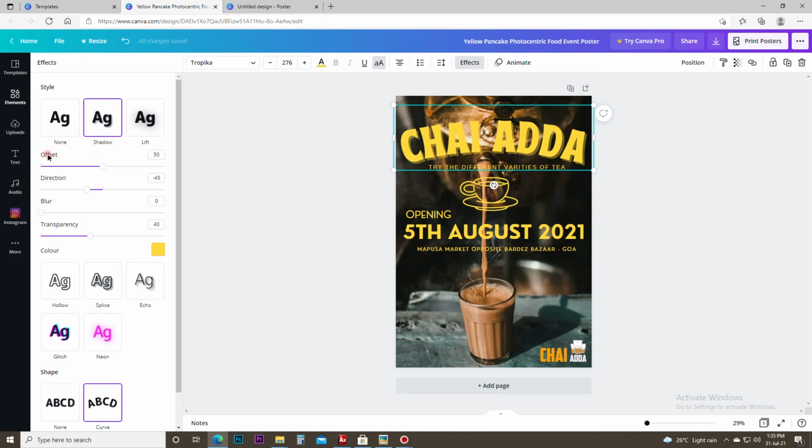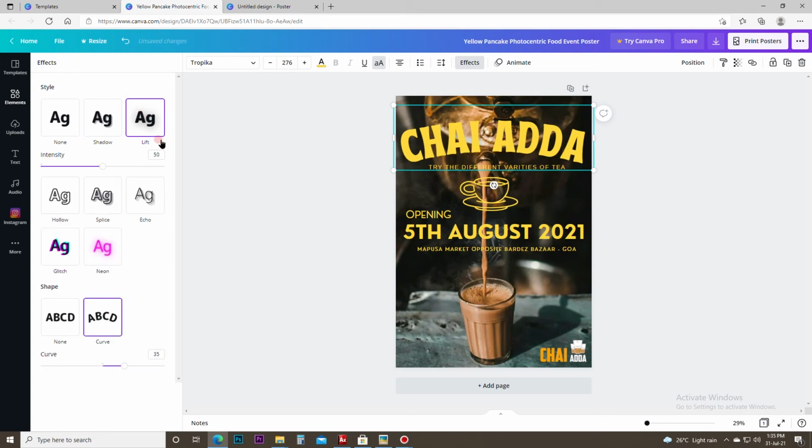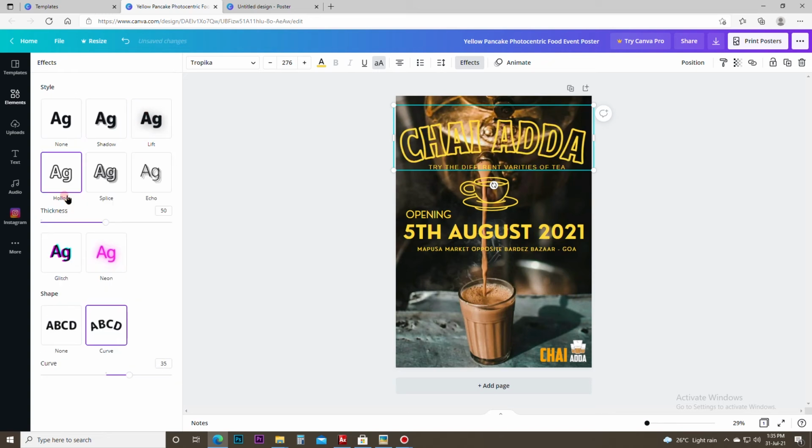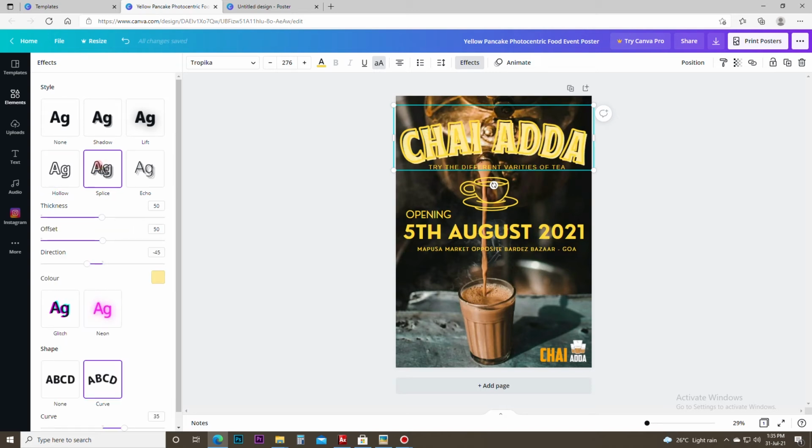And if you see here, you have different options where you can do the movements, you can change the direction of the shadow, you can make it blur, or you can make it transparent, or all of that. So I do not want that, so we'll go for the next. It is light shadow. Next, it is kind of transparent, I mean whatever. Okay, so next, nah, we don't want that.